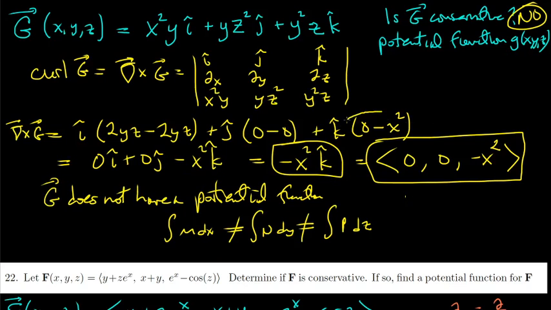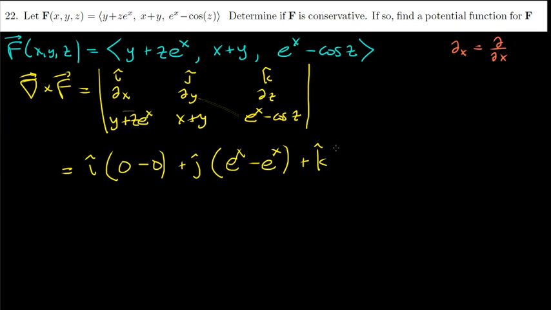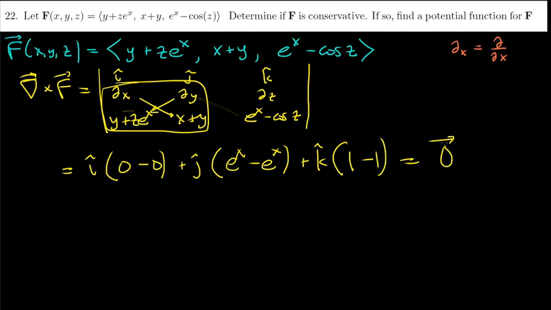So if you're not careful and you just kind of mess this up, or you assume that this was 0, you would think it's conservative, but, right. So in this case, again, we're taking this determinant here. With respect to x, this is just 1. With respect to y, this is also 1. 1 minus 1 is 0. So all three components are 0, so we do get the 0 vector. So here the answer is yes. F is indeed conservative,